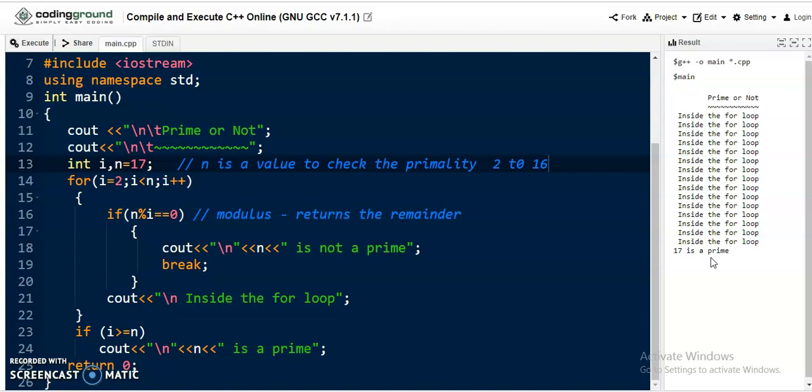When the number grows, for example when we check whether a number after 1000 is prime or not, there is a need to execute the for loop that many times, that is n minus 2 times. So when the n value grows, automatically it takes much more time. So there is a need to improve this algorithm. How are we going to improve it? We will see it in the next video.